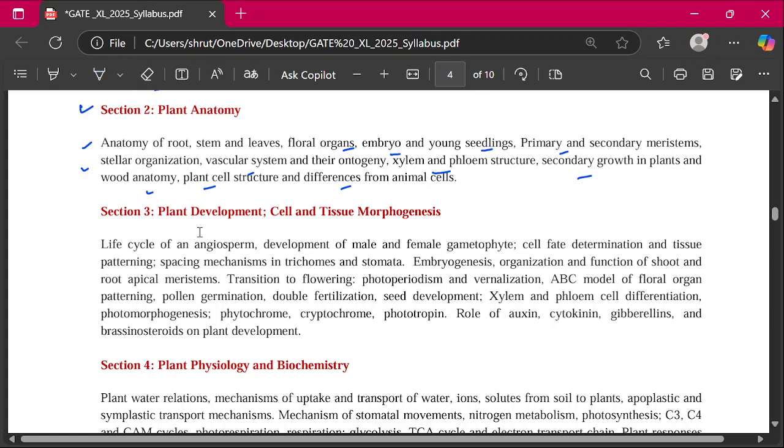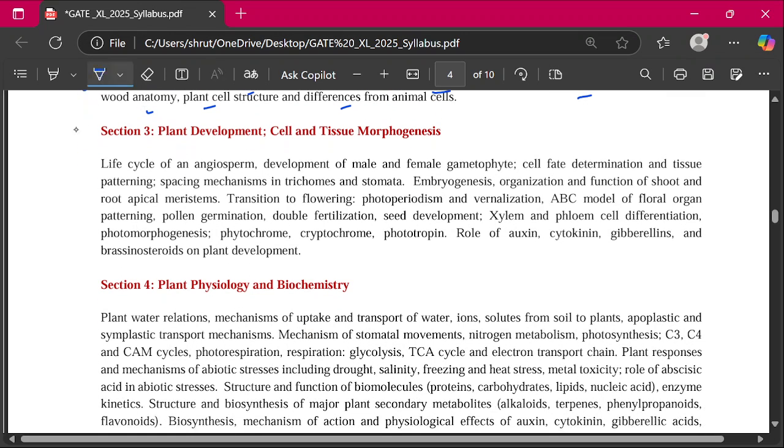Then moving to section 3, which is plant development, in which we have to study the cell and tissue morphogenesis, in which life cycle of an angiosperm, development of male and female gametophyte, then cell-fate determination and tissue patterning, spacing mechanism in trichomes and stomata, embryogenesis, organization and function of shoot and root apical meristem, transition to flowering,